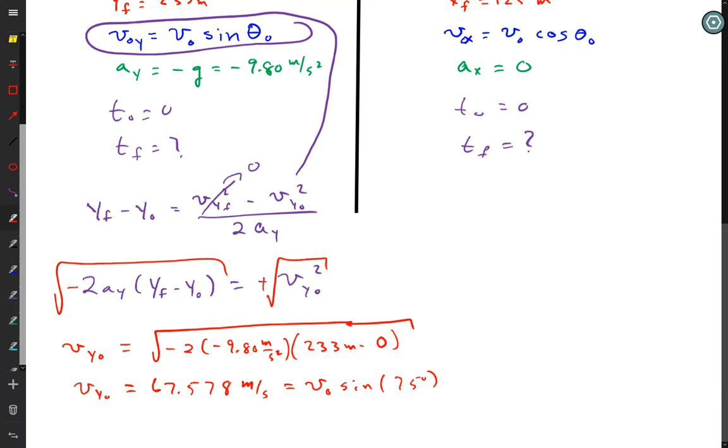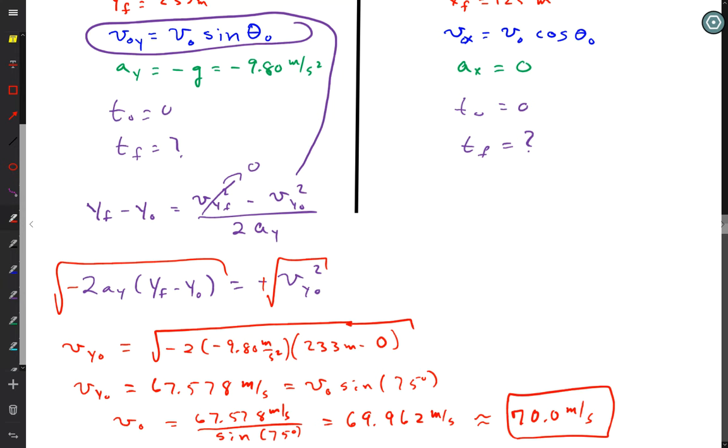So if I divide both sides by sine of 75 degrees, I'll have V0. 69.962. To correct significant digits then, that is 70.0 meters per second. So now I've determined that it started at 70 meters per second,